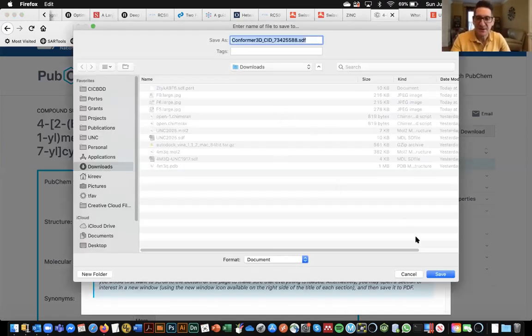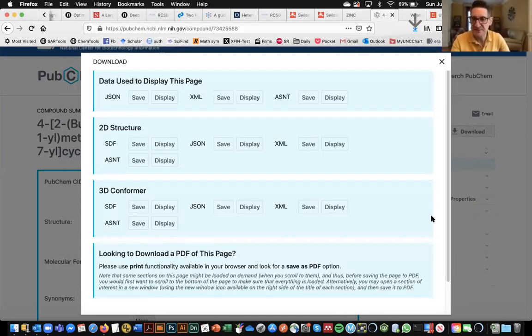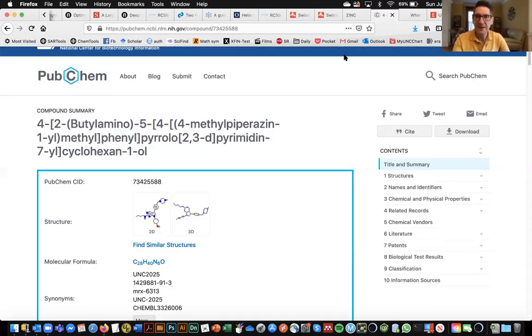So this will be downloads folder that I cleaned more or less before this lesson. So now we have that 3D structure of the ligand, but